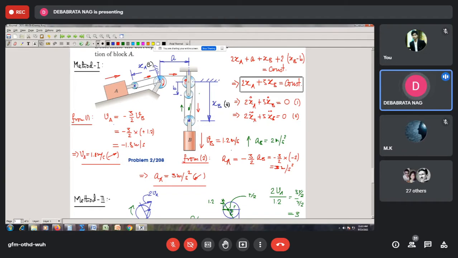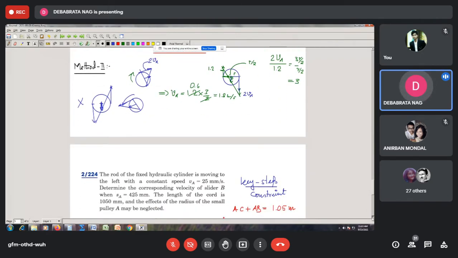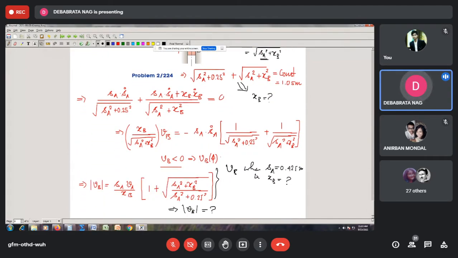That means here, when you are trying to get x dot b or x dot a, x dot a is totally a function of x dot b or vice versa. Correct? So when we have constraint relations, you need to remember that if I consider any object,